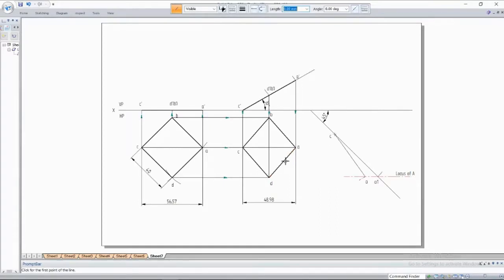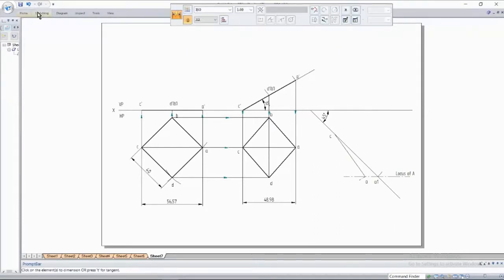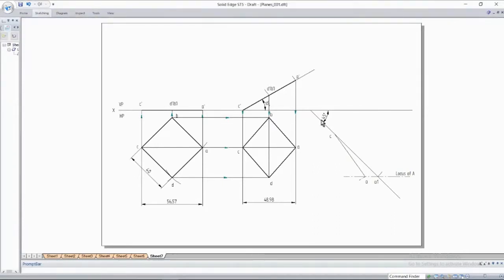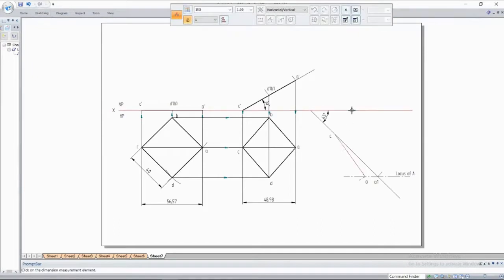We have to draw this locus line, measure this with this common point, cut an arc here. That is your point A. After that, you have to measure this angle, which is 55 degrees. So this is your apparent angle.